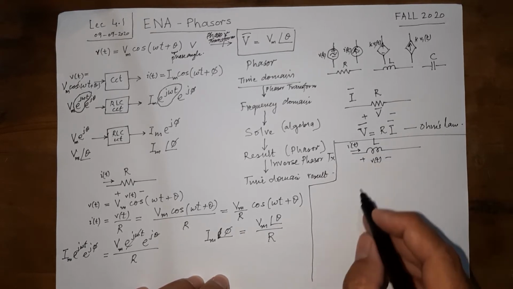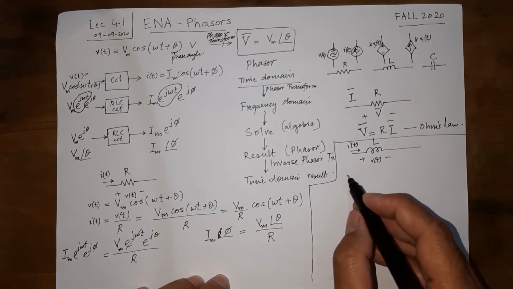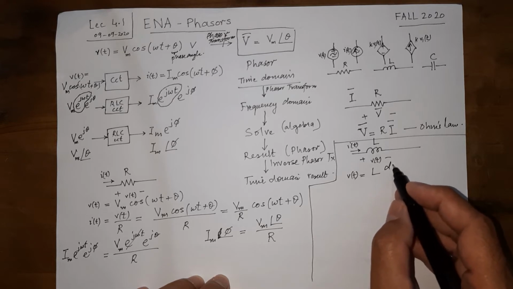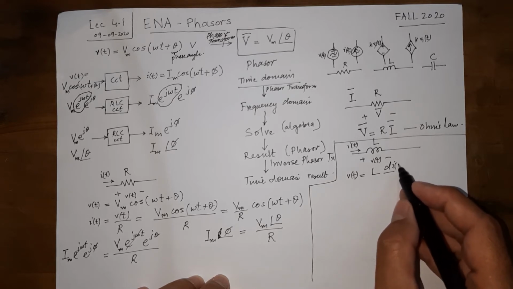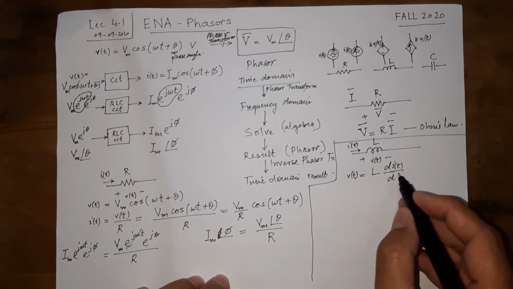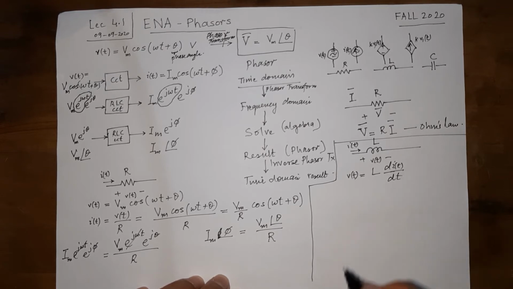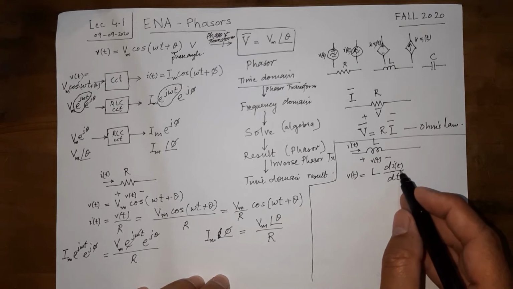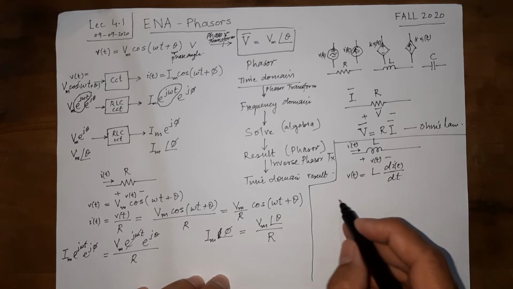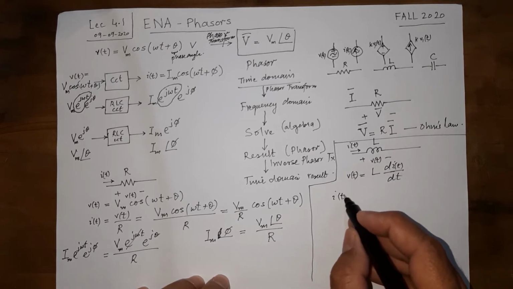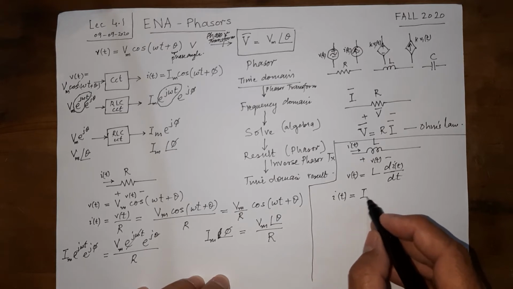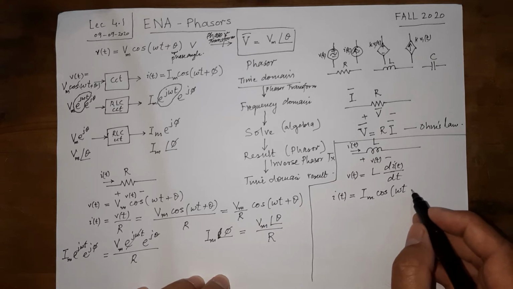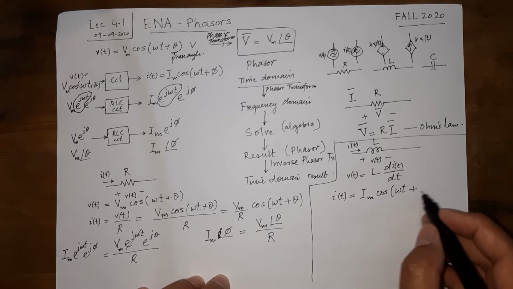We know that the voltage across the inductor is equal to L di(t)/dt. Let us for a moment assume that we know what i(t) is. So i(t) is equal to Im cos of omega t plus,